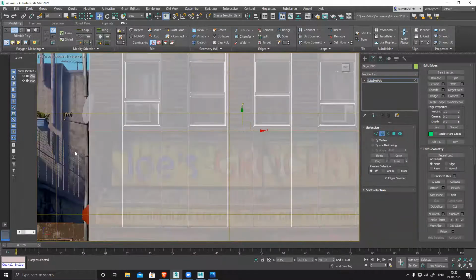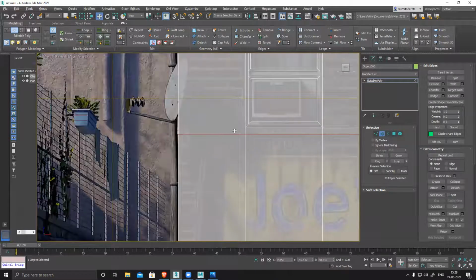I'm just keeping it straight. And for this section, I need to create one more line edge, select this one and this one. Or maybe what I can do is click on shift loop. You see, it doesn't work here. So I need to use cut,